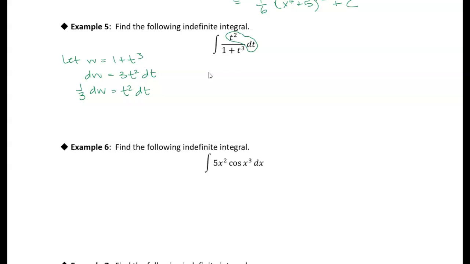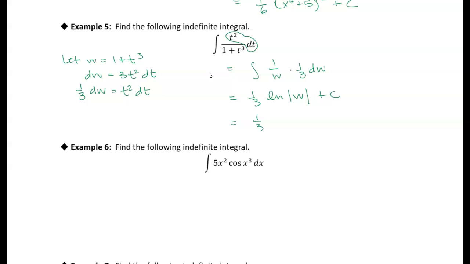Okay, so now let's do our substitution. So we get the integral of 1 over w times 1/3 dw. Okay, and we can pull the 1/3 out front, and then we have the natural log of w, plus c. So that's our antiderivative in terms of w, and now we just have to write it in